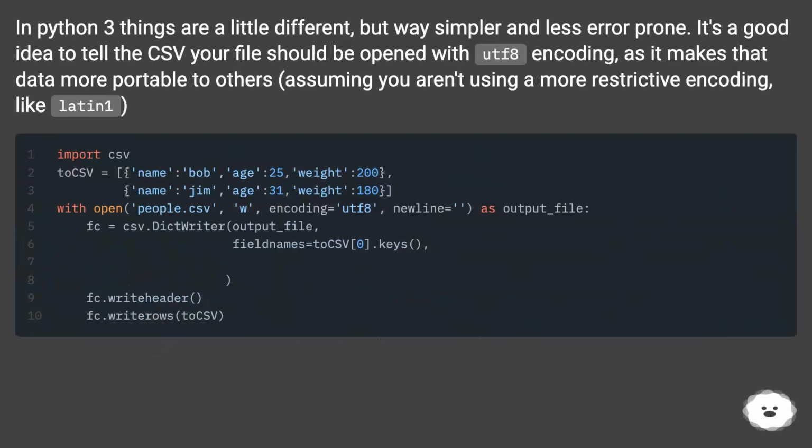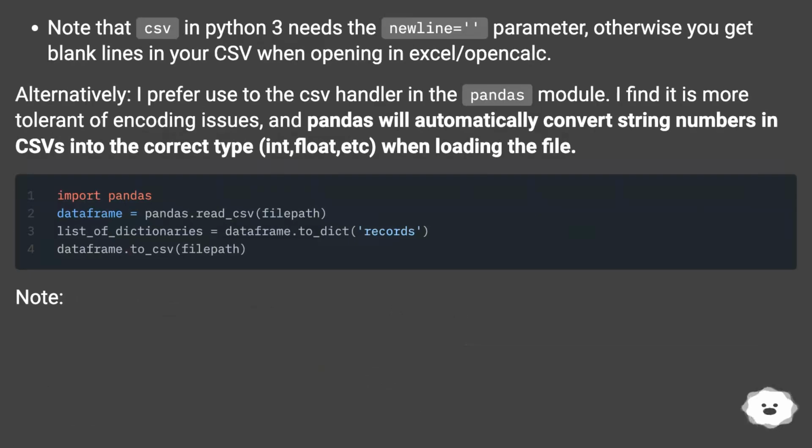In Python 3 things are a little different, but way simpler and less error-prone. It's a good idea to tell the CSV your file should be opened with UTF-8 encoding, as it makes that data more portable to others, assuming you aren't using a more restrictive encoding, like Latin 1. Note that CSV in Python 3 needs the newline='' parameter, otherwise you get blank lines in your CSV